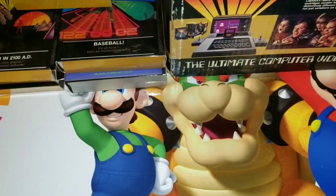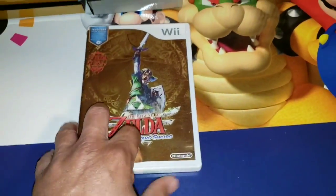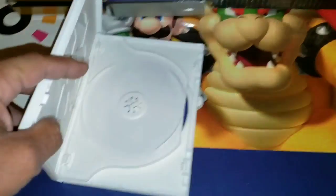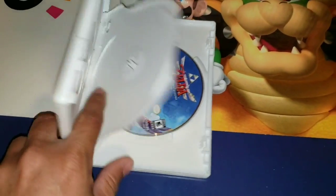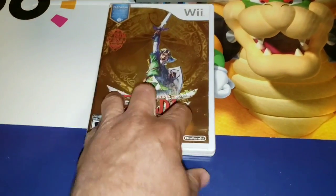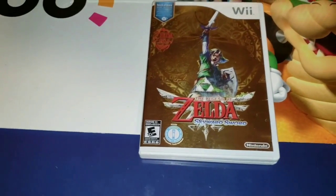I also picked up at a pawn shop Zelda Skyward Sword. It actually had the Wind Waker in it for the GameCube, and the bonus disc, and I paid $4 for that. At another pawn shop, picked up